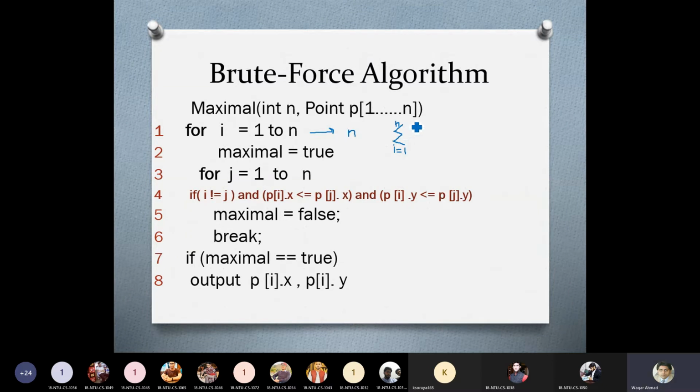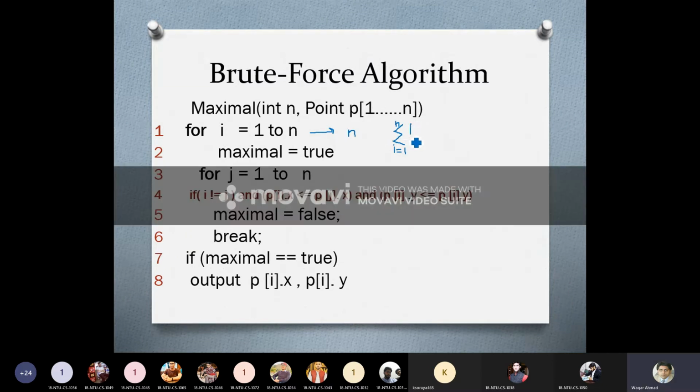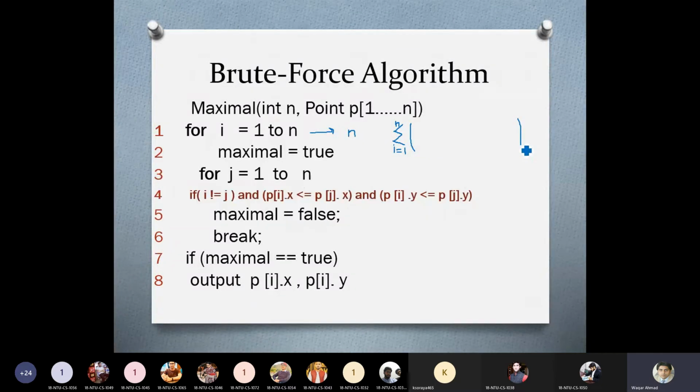Now we ask ourselves what we have inside this loop, or how many statements we have inside this loop. We have this statement number 2 inside the loop. Let's call it statement 1.